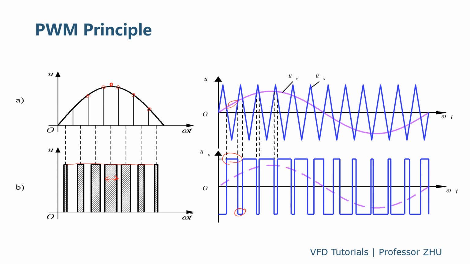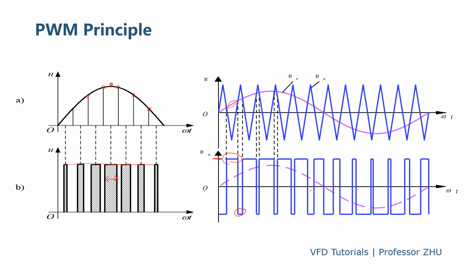By this kind of modulation, we have a voltage waveform like this. The voltage is a fixed DC voltage, but the width is different. So by this modulation, you get an identical sinusoidal voltage. The area of the pulse represents the value of